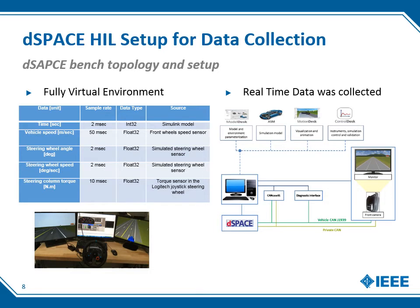So the test methodology of this research: I collected some data from the dSPACE hardware-in-the-loop high fidelity bench. It's a fully virtual environment for the vehicle and for the environment. I collected the vehicle speed, the steering wheel angle, the steering wheel speed, and the steering column torque. The most important